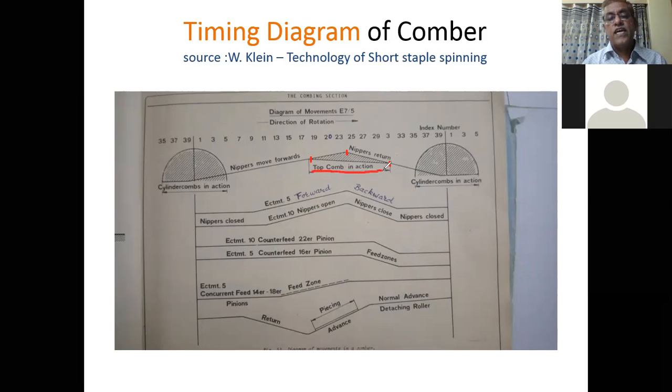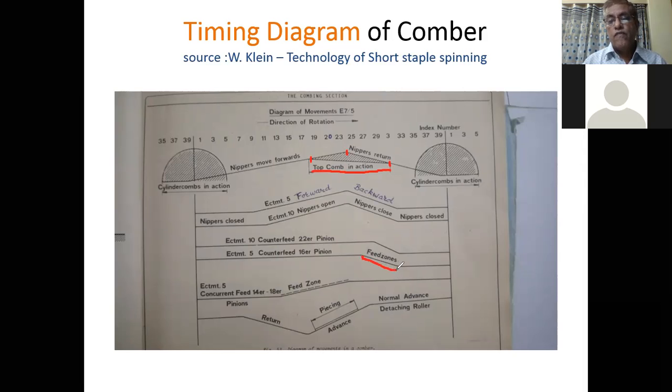How much time the top comb will remain in action is shown in this diagram. Next, if it is a counter feed, then feeding will start at approximately index 26, and feeding will be done from index 26 to index 30.